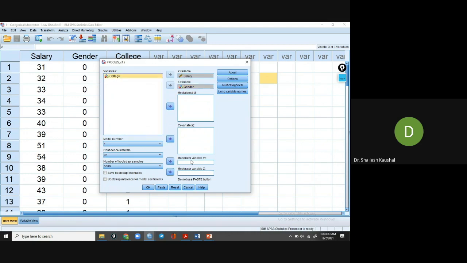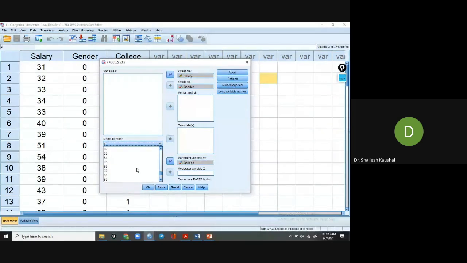Model number one I will select, because model number one is for a moderator variable, and model number four is basically meant for mediation.